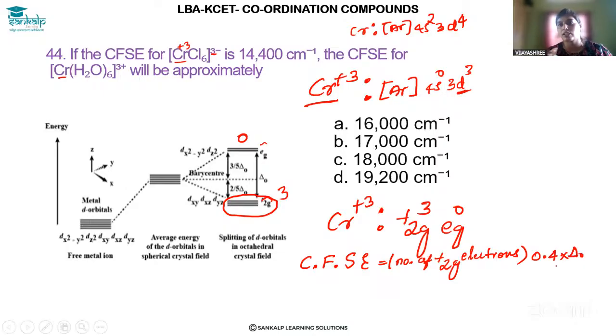Delta naught means crystal field splitting energy for octahedral complex, minus number of electrons in